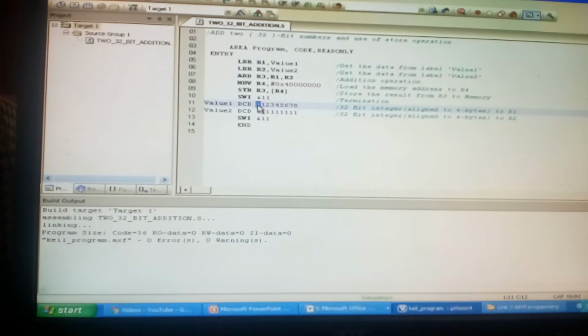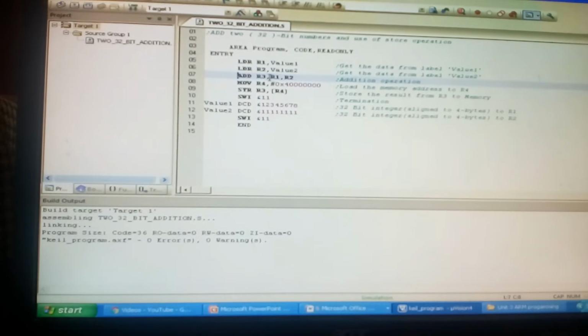Ampersand is an alias. We have to provide this ampersand so that we are able to transfer the data to the particular locations. Here we are using one more instruction, what we call a pseudo instruction. It is not loading the address, it is for transferring the constant. Here is the label value. Value is the label, which will take the value of this particular integer and transfer it to R1. Similarly, LDR R2, value 2.